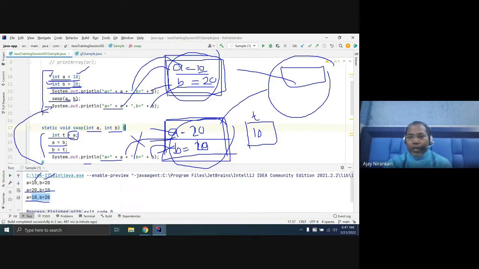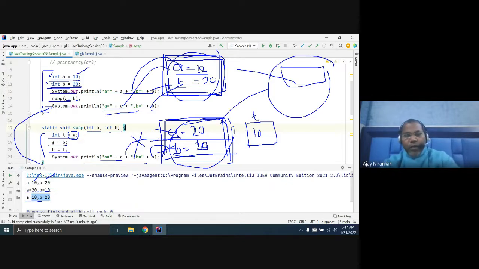Here you get the reflected value, but the reference in the main method is its own stack location, not the swap method's stack location. So each method has its own stack memory. All the variables are stored in your stack. Till now, any doubt? No.